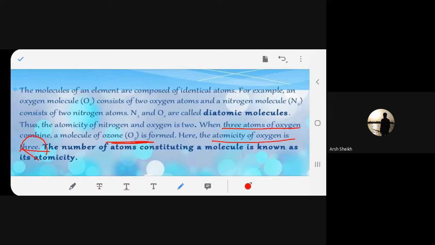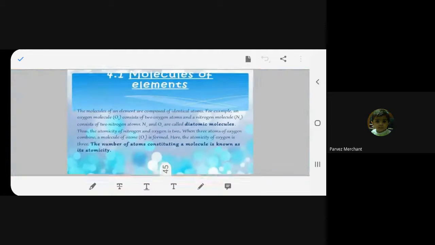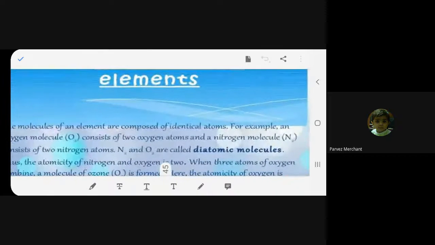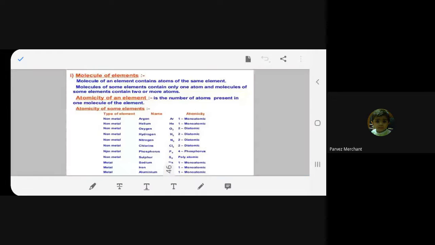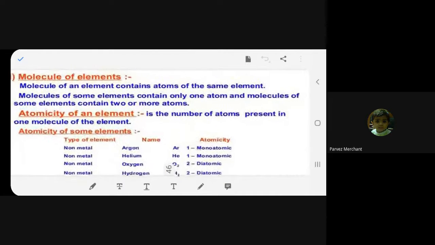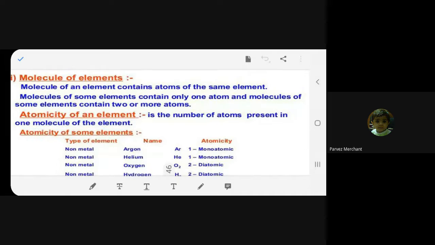Keep on asking me questions, beta, to make things easy. Because you are getting all new stuff. You have never been taught this in 8th standard. 9th standard is absolutely different in science, isn't it, beta? Yes, ma'am. That's the reason why I'm asking you again and again. Okay, so I take it for granted that you know this atomicity now. Again, it's a part of revision. You can start, beta.